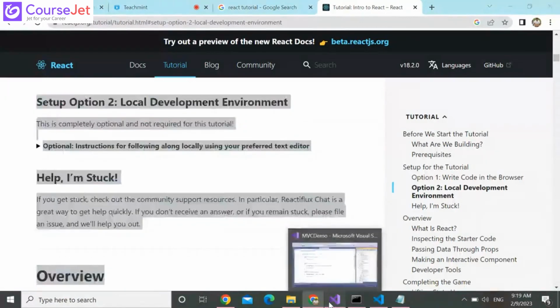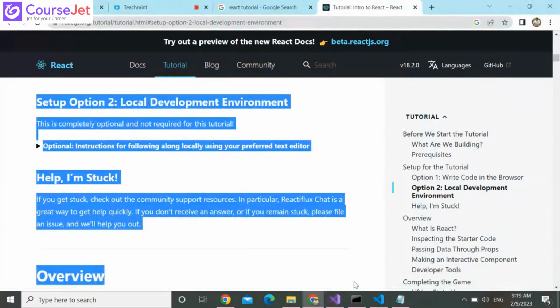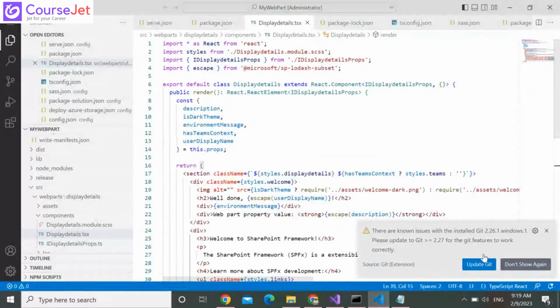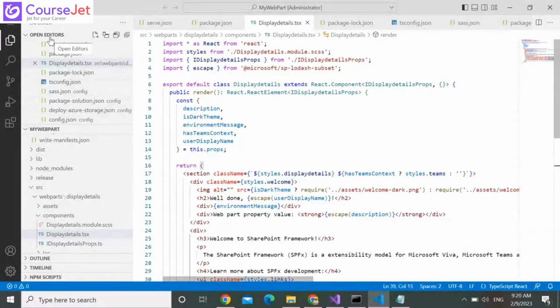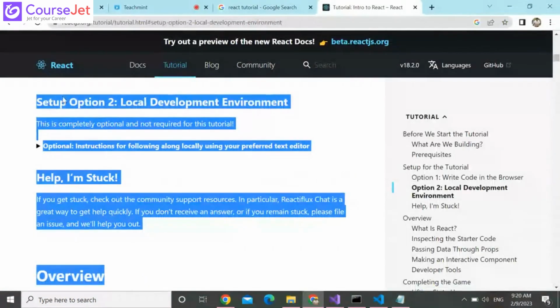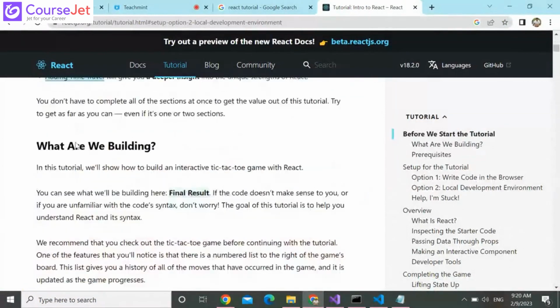Okay, and that's the concept in both Angular and React. And how it is working, they have a concept called component. A component is something you can relate to a web part in SharePoint. It's a piece of code and it will give a particular functionality. If you see this page, you can see this as one of the components. So in this component, they are displaying what